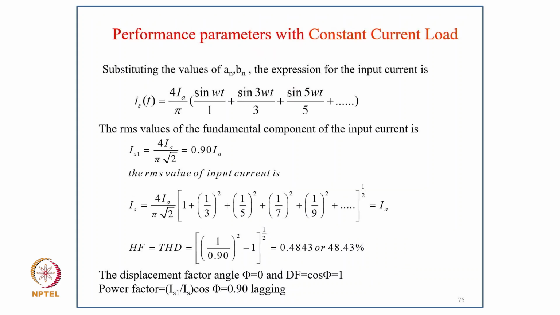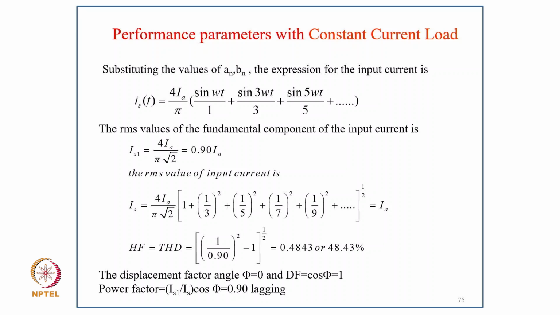So substituting the value of bn, the expression of input current is Is = (4Ia/π)[sin ωt/1 + sin 3ωt/3 + sin 5ωt/5 + and so on]. All the odd harmonics are present, and the RMS value of the fundamental component of input current is Is1 = 4Ia/(π√2) = 0.9 Ia, and the RMS value of input current